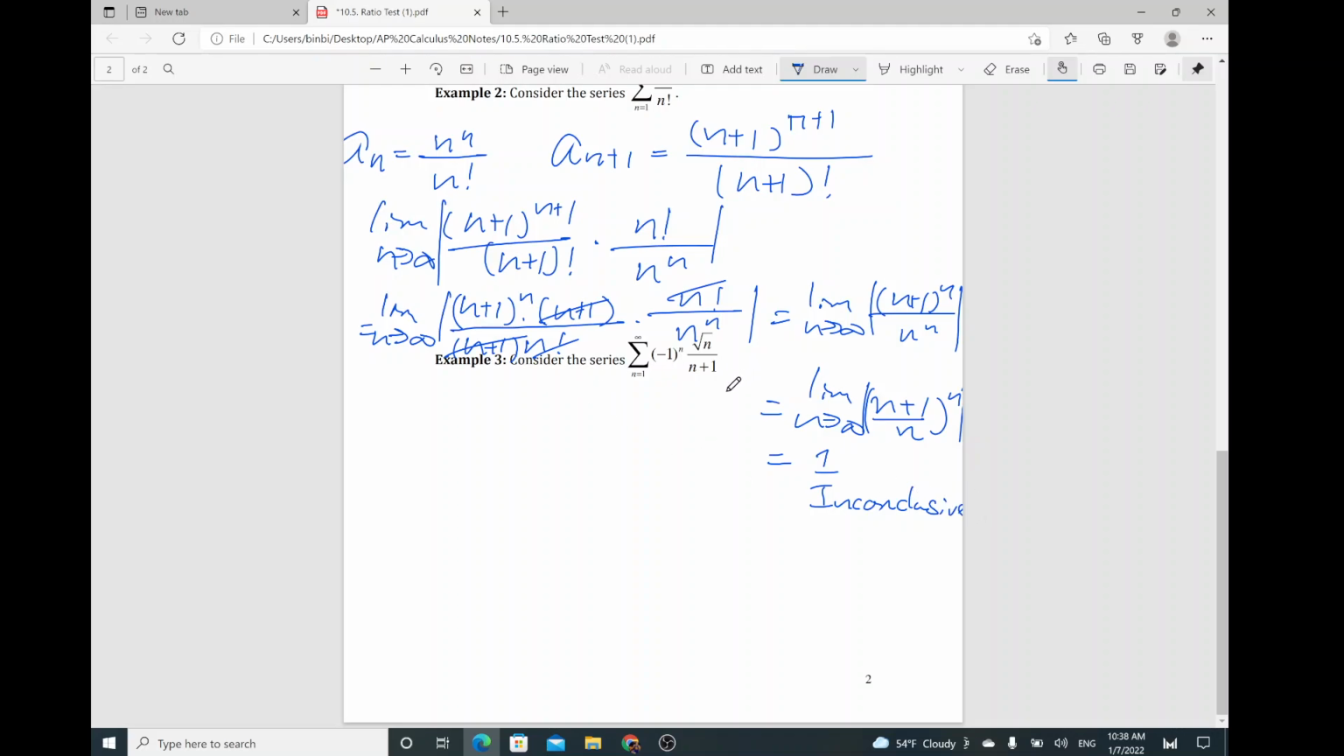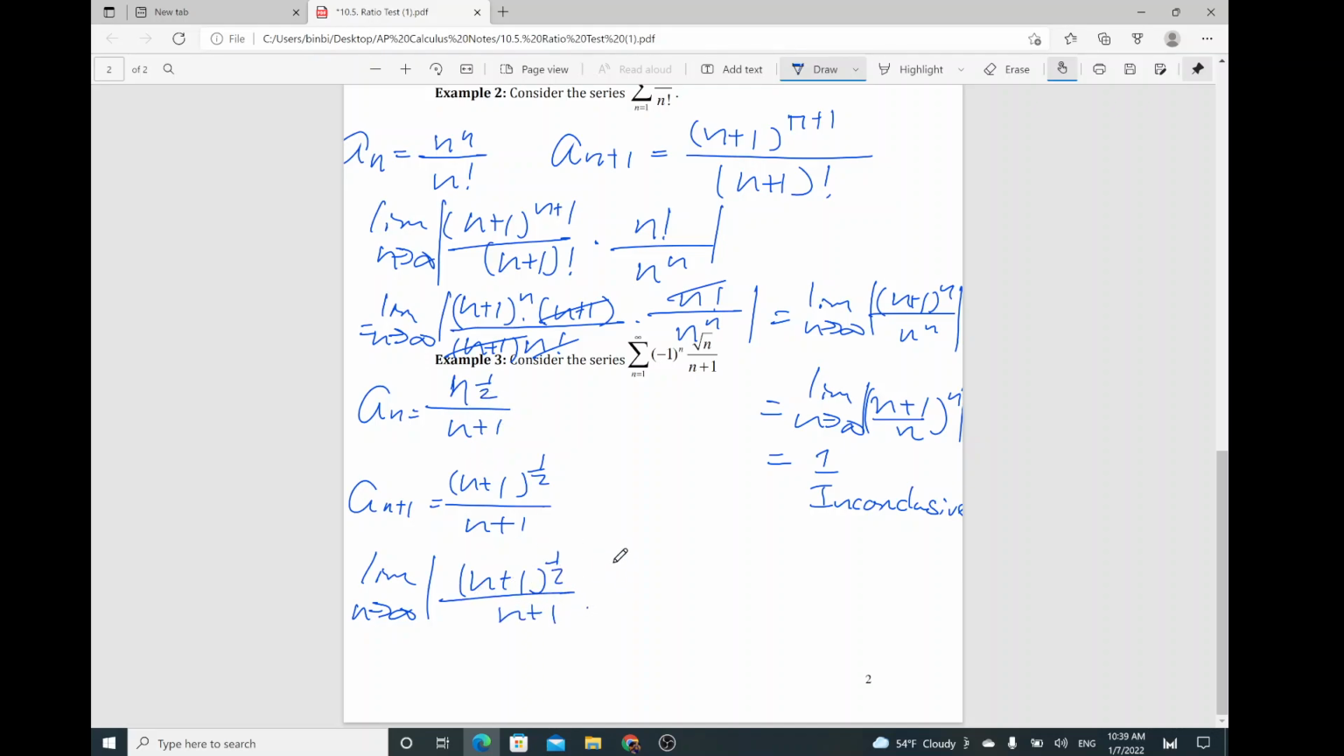And now what about for this one here? So we started off with a sub n equals 1 over n to the power of 1/2 over n plus 1, and then a sub n plus 1 will be considered n plus 1 quantity to the power of 1/2 over n plus 1. So using the ratio test, the limit as n goes to infinity of the absolute value of n plus 1 to the power of 1/2 over n plus 1